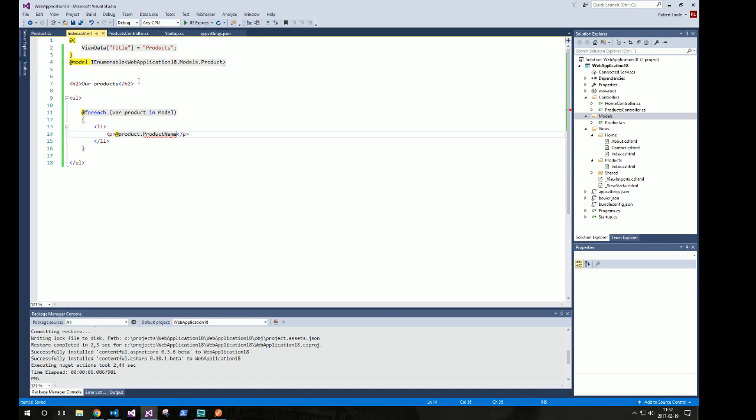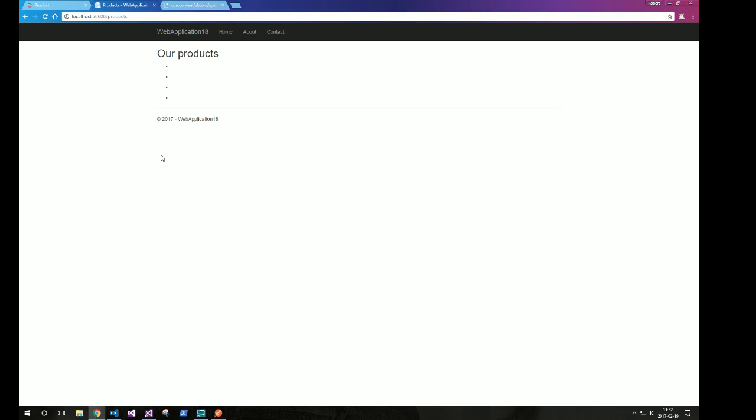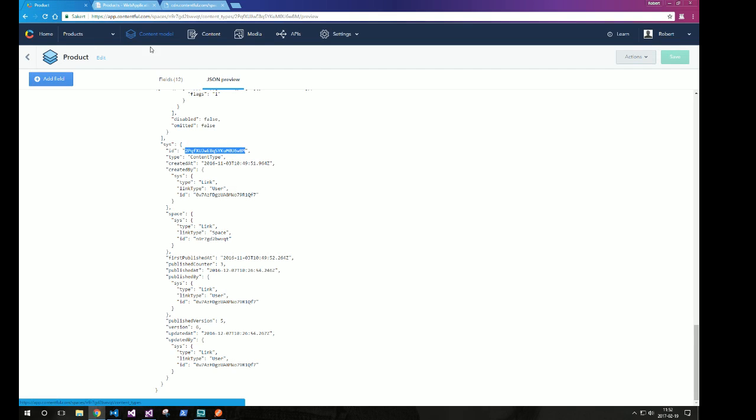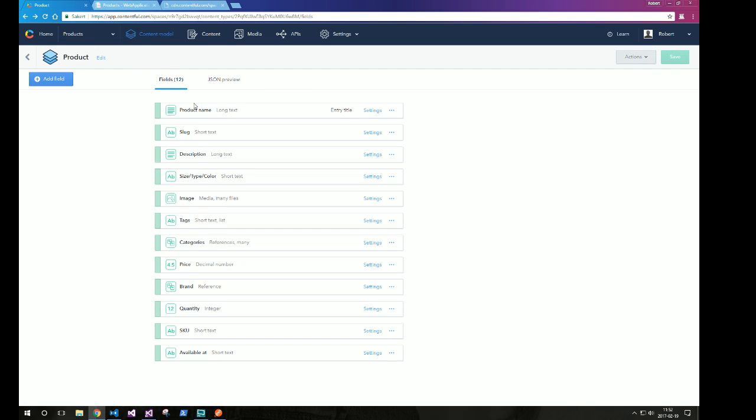Well, we need to update our view, of course. And as we can see, that doesn't work anyway, because there is no property name on our product content type in Contentful. If we look over here, we have product name, we have slug, description, etc., but we have no name property. But if we really want it to be named name in our C# class, we can actually achieve that too,